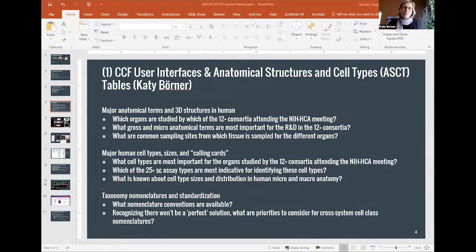So I will bring up the original slides again. Let me share my screen here. These are questions that actually were composed together. So when Jim and Peter first talked, we thought these anatomical structures and cell types tables, and I am happy to tell a little bit more about those, are very core to what we are trying to achieve in our